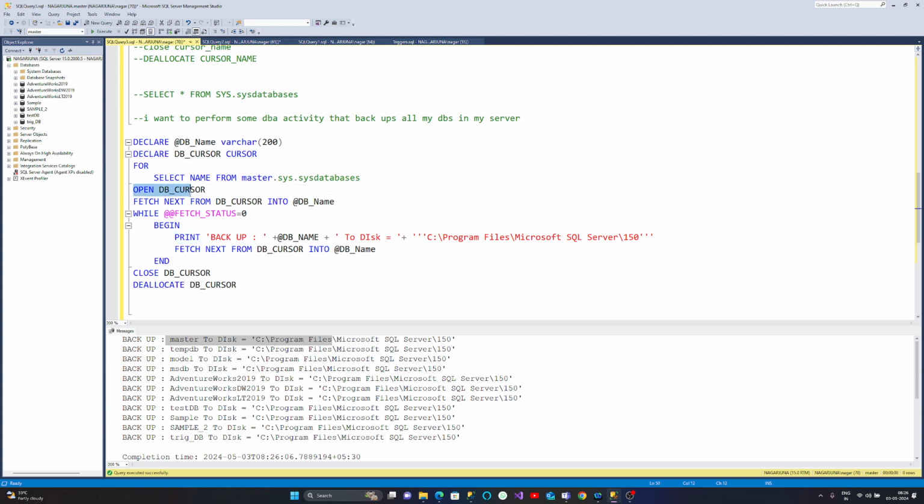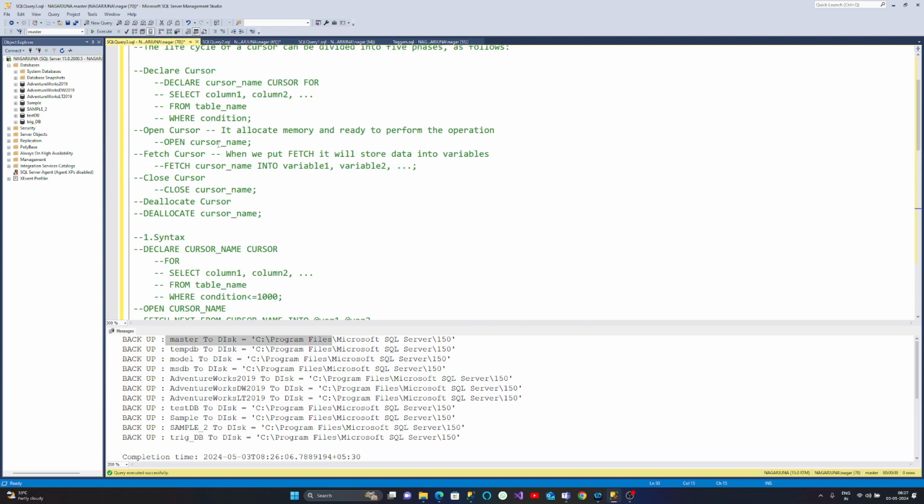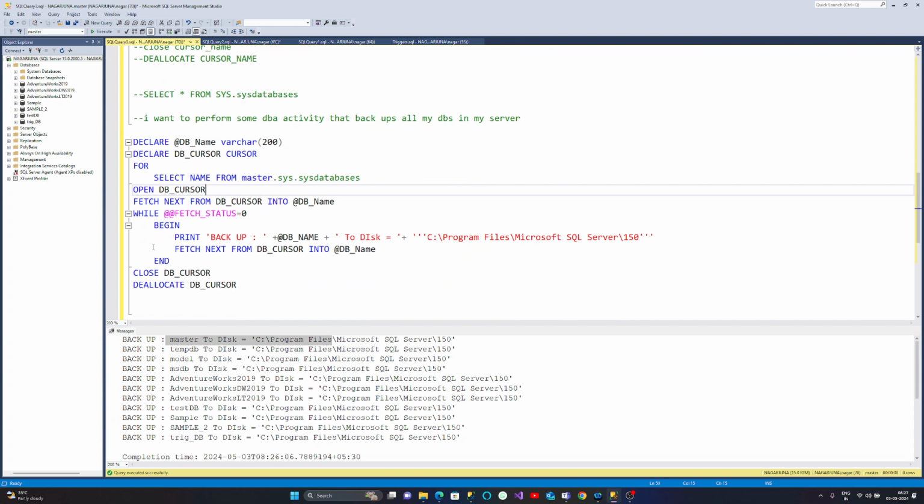Correct. When you open this, it will automatically open and the records will be ready to store in the variable. That's why I mentioned it here. It allocates memory and is ready to perform the operation, right? I'm just giving you an example. A DB developer also can use this, but mostly you won't use it because this is a